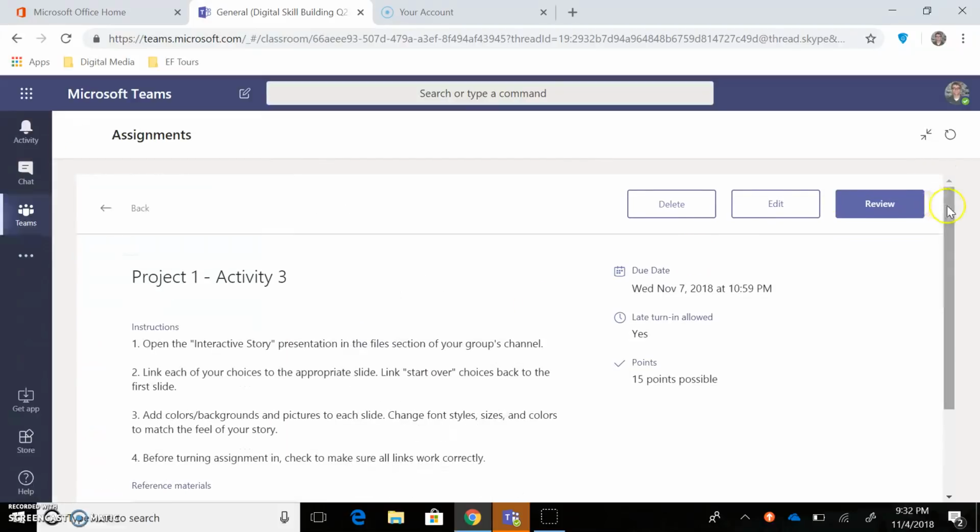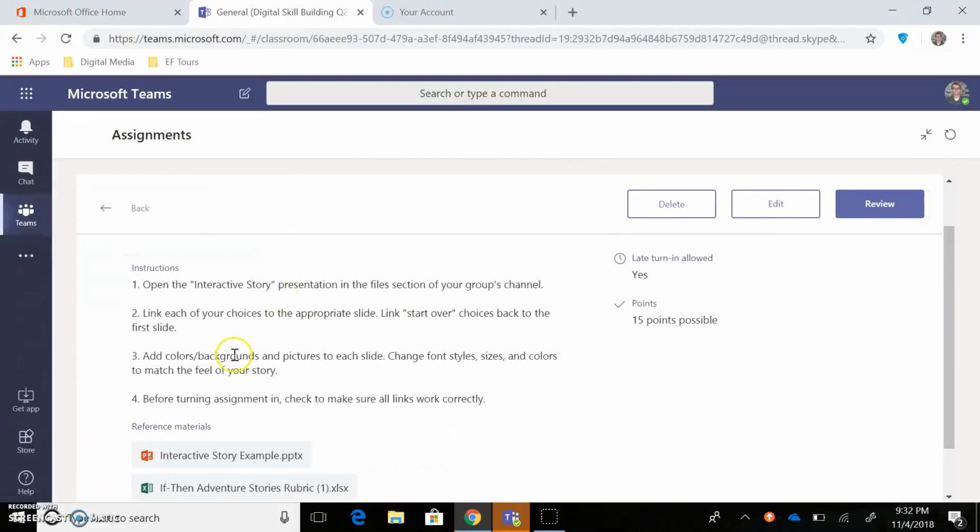And I'll make this full screen. And you'll see there are only 4 instructions for this assignment. You're just going to open your story up. You're going to link each of your choices in your story to the appropriate slide and make sure you link your start over choices back to the first slide. That's actually what most of this video is going to be about, is showing you how to insert links into